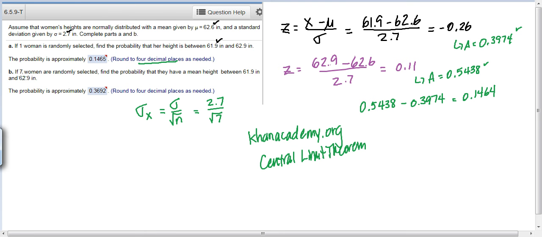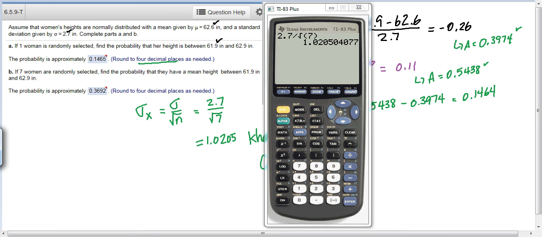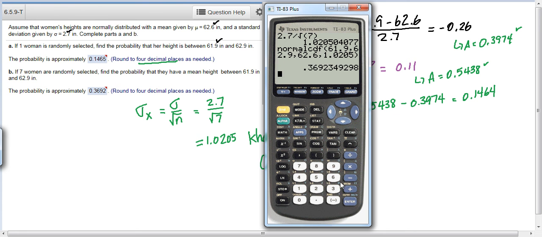But when we take a sample, we can expect a different mean, perhaps, but if we take a lot of samples and take the means of the sample means, we get a normal distribution, and this follows. But for now, I just need to calculate 2.7 divided by the square root of 7. And so I get 1.0205. Now we're going to do the same calculation we did for part A, but with a new sigma. So I put in all the same numbers that I did for part A, but I changed sigma to be 1.0205, and that's where you get 3